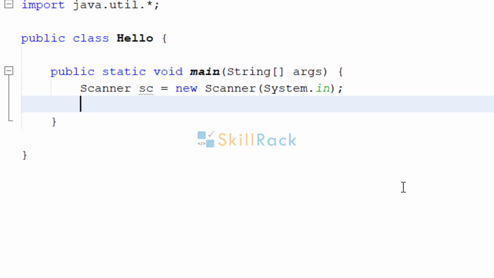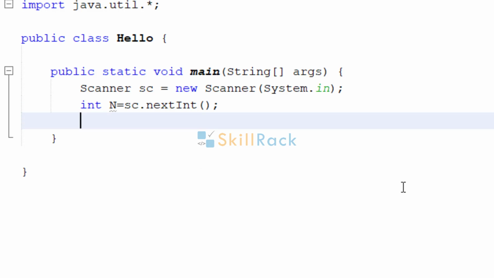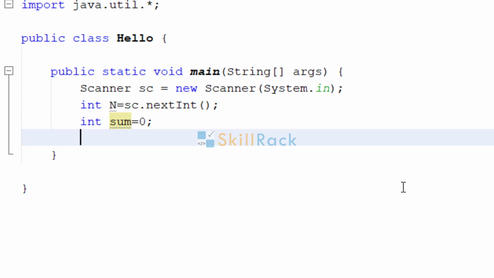So let us now implement the subset sum in Java. To begin with, we have to accept the value of n. And we will also declare a value called sum and initialize sum to 0. So now we will also declare an array whose size is n.